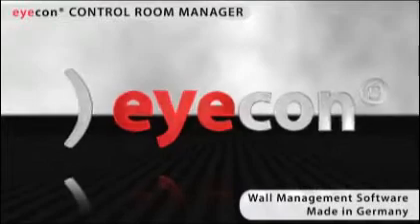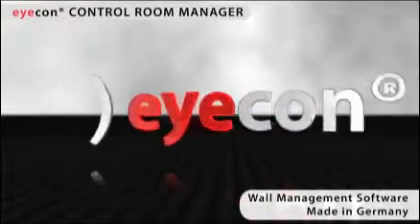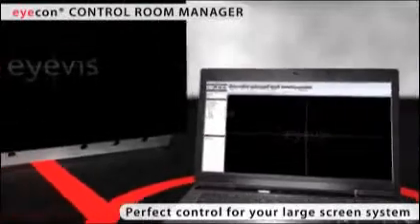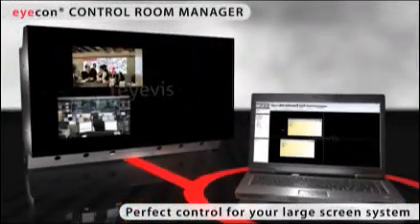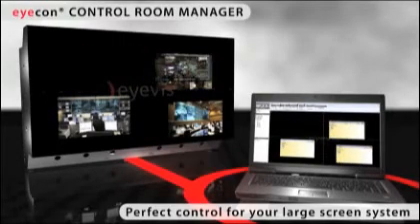You wish to have complete control over your video wall and all connected sources? IVIS presents Icon, the prime wall management solution on the market, a development made in Germany. Icon is the ideal software complement to IVIS display solutions. The comprehensive functions for presentation and control of all sources present in the system enable you to use your video